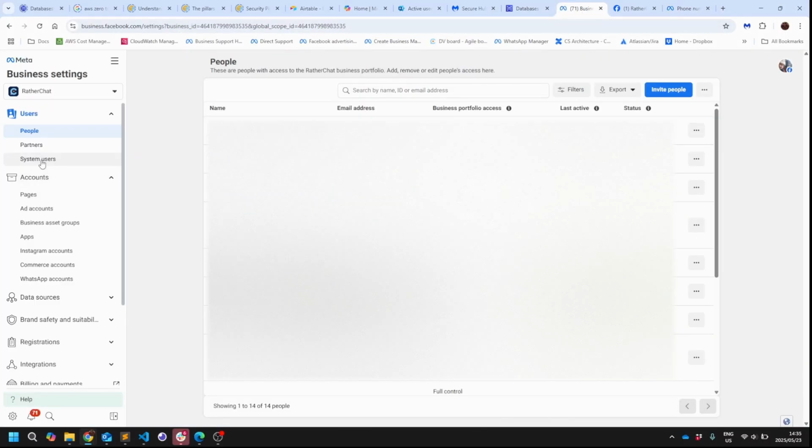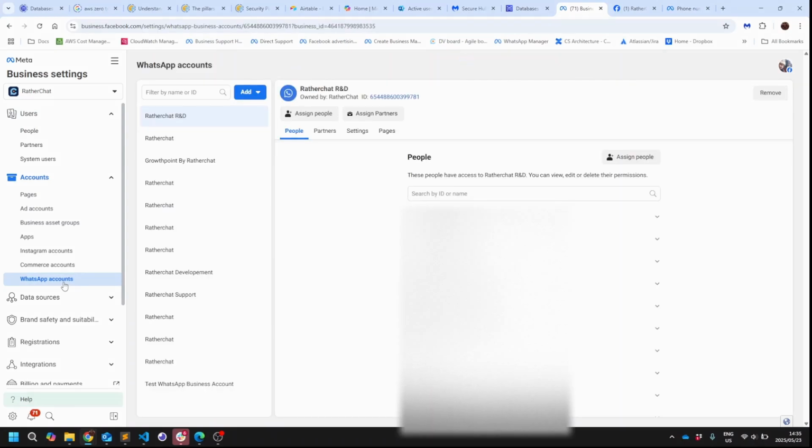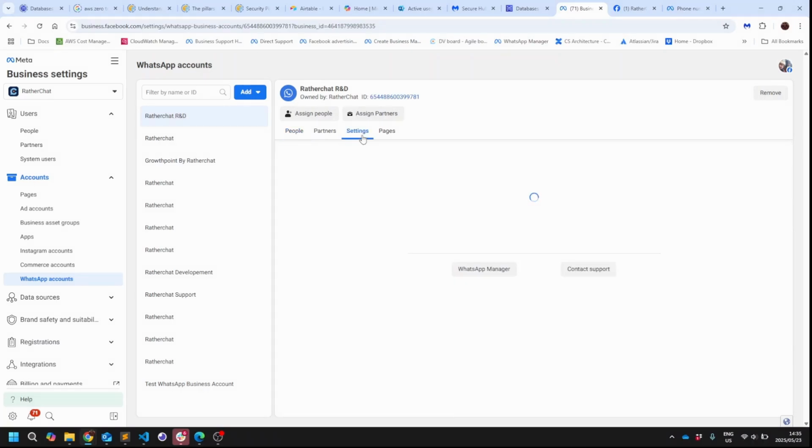Let's get to the business manager part quickly. So as you know, in WhatsApp accounts is where the numbers will appear. If you're looking at the business manager, here's all the registered numbers that we have on RatherChat. And so if we just select that top one there, if we check in the settings here,